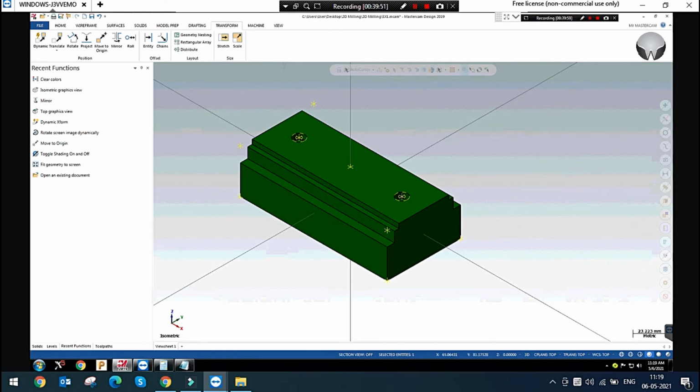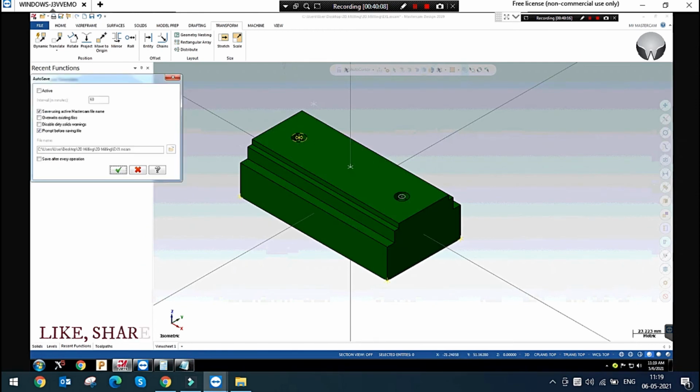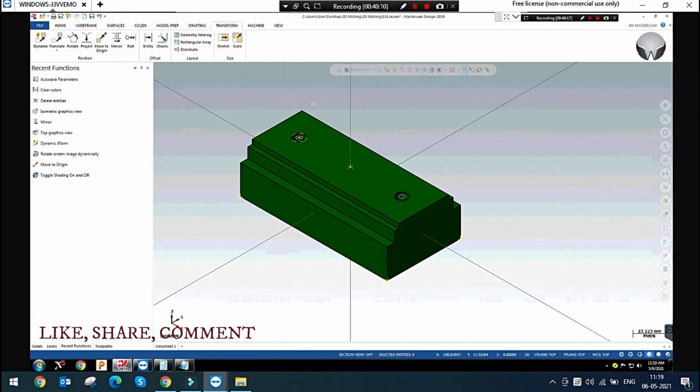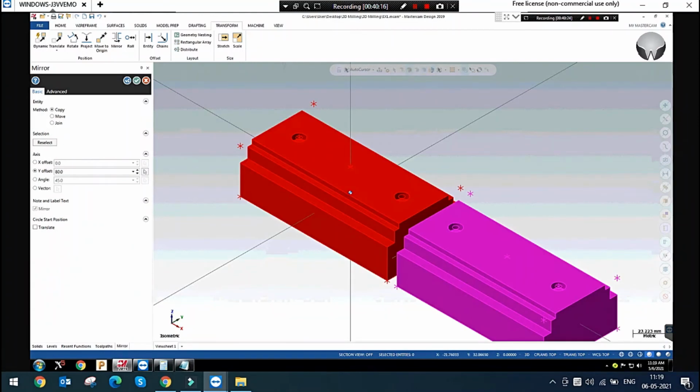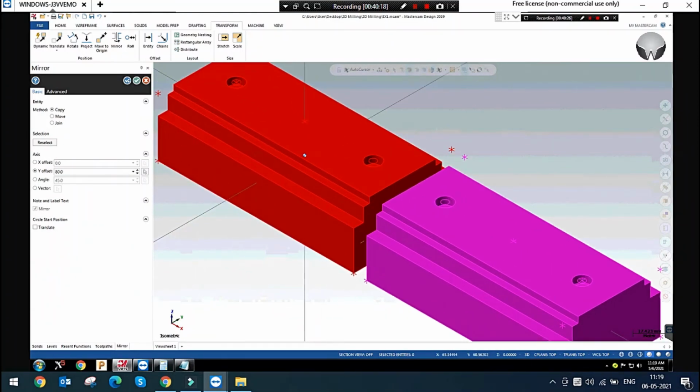Now I am deleting this, and deleting this. Now we can see only this point has been defined. There are no points from here. Okay. If I mirror this component, you can simply see the point has come.